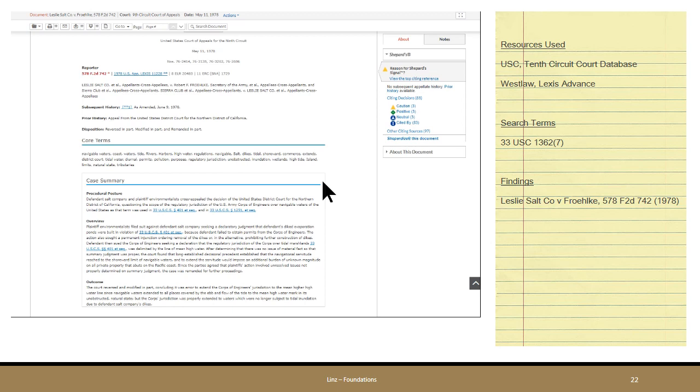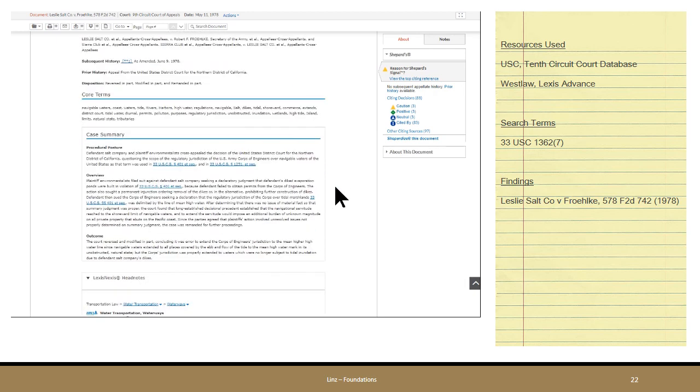Lexus also gives us a bit of a history of the case and handily core terms. So if we were doing a terms and connectors or natural language search, we weren't quite sure what to use, we might look at their core terms, presumably using these in a keyword search would help us find a document like this. Lexus, this is one of our editorial enhancements, provides us with a nice case summary, the procedural posture,